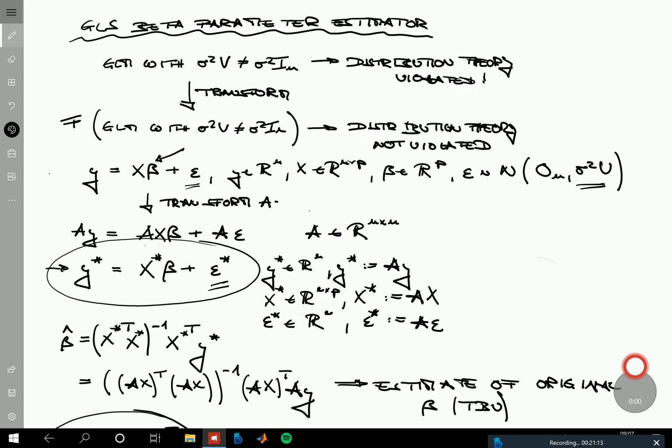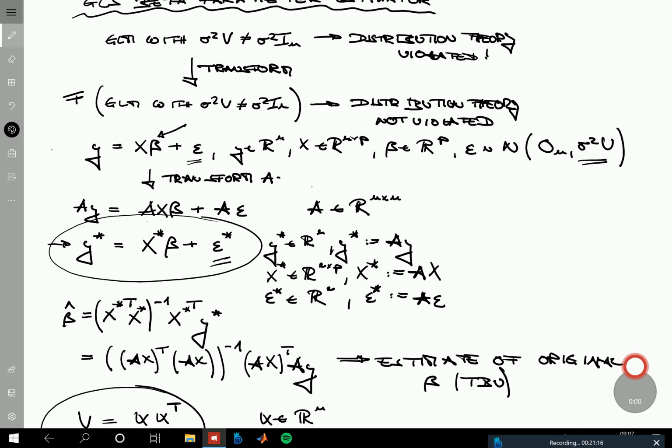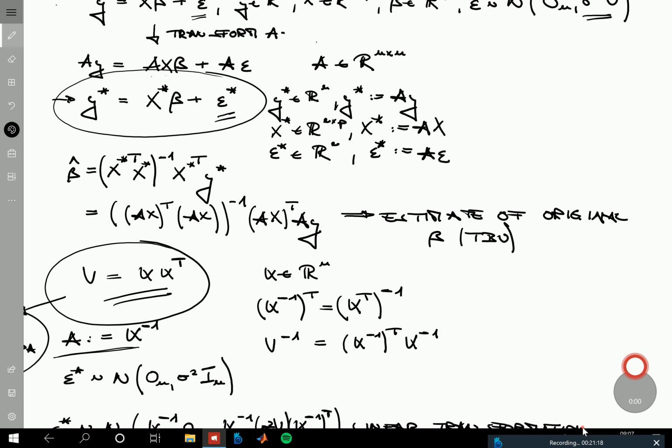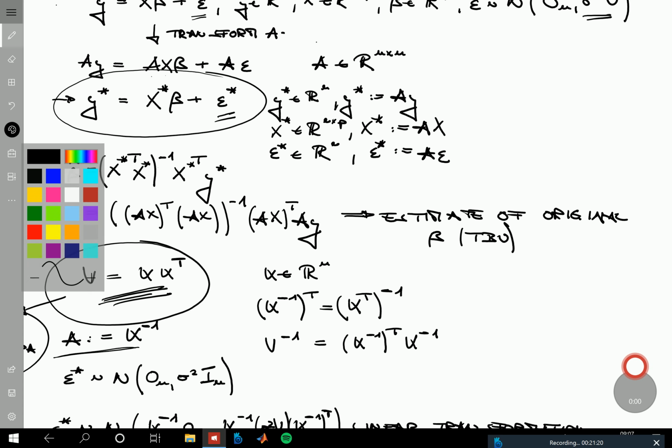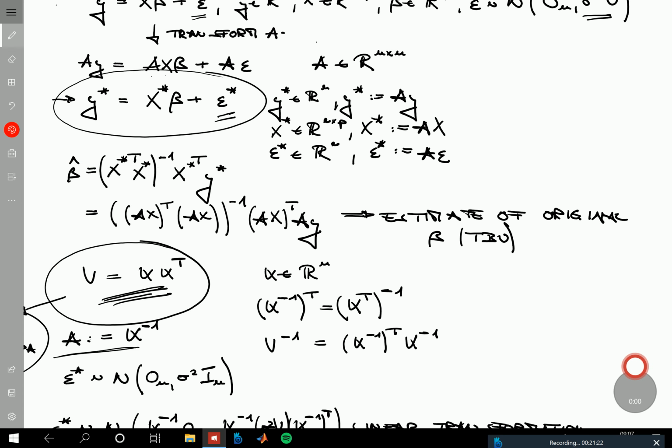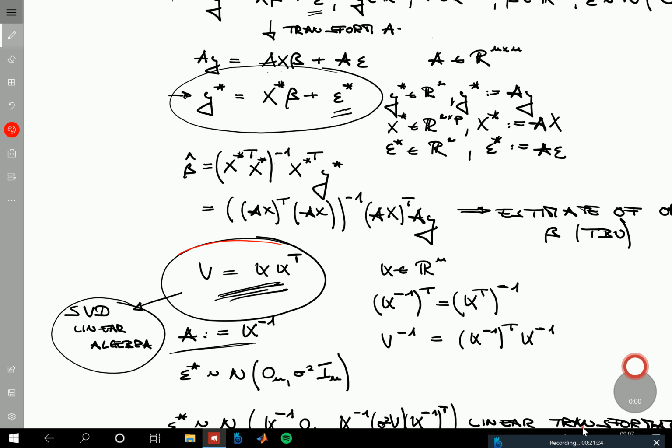So if we want to use this transformation here, we need to know V. So that's important here. Need to know V. Because otherwise we cannot compute its square root, so the K matrix, and we cannot apply this whole